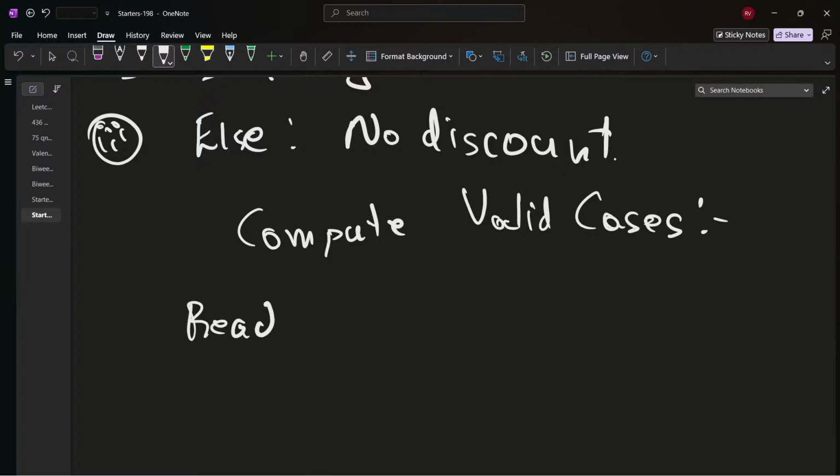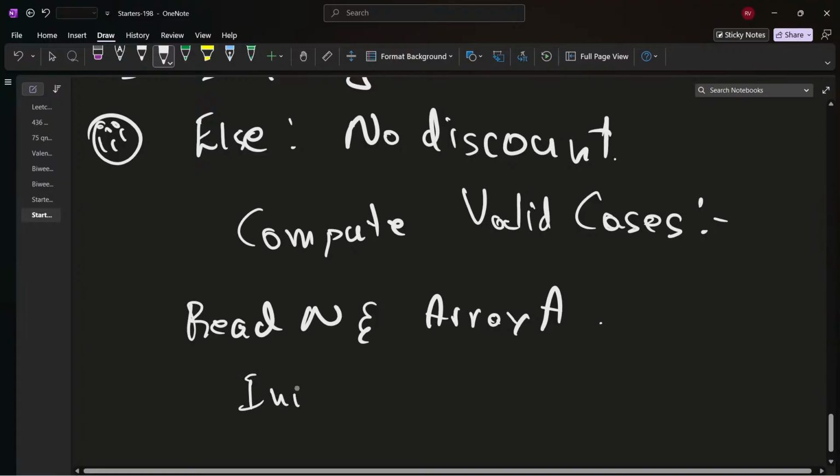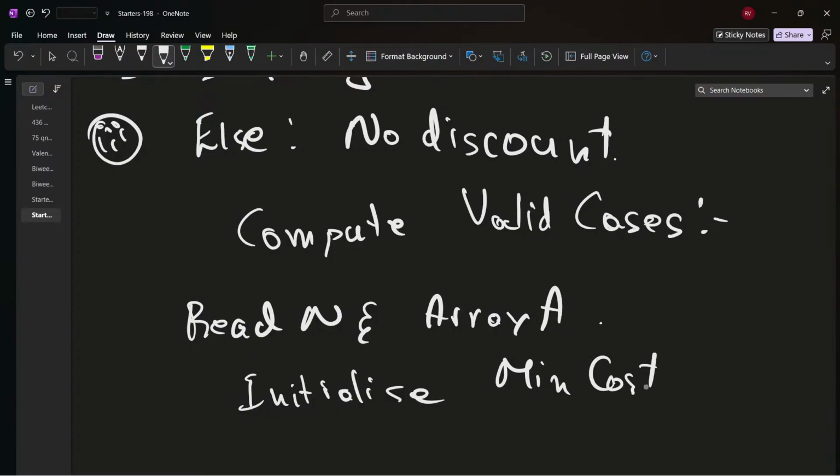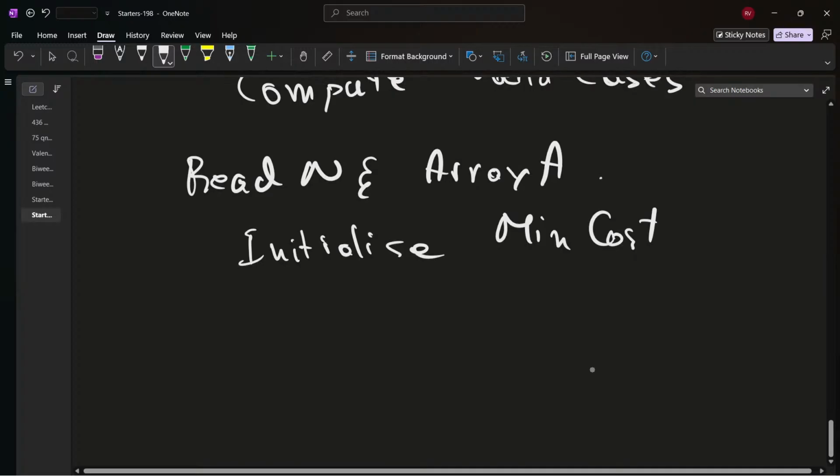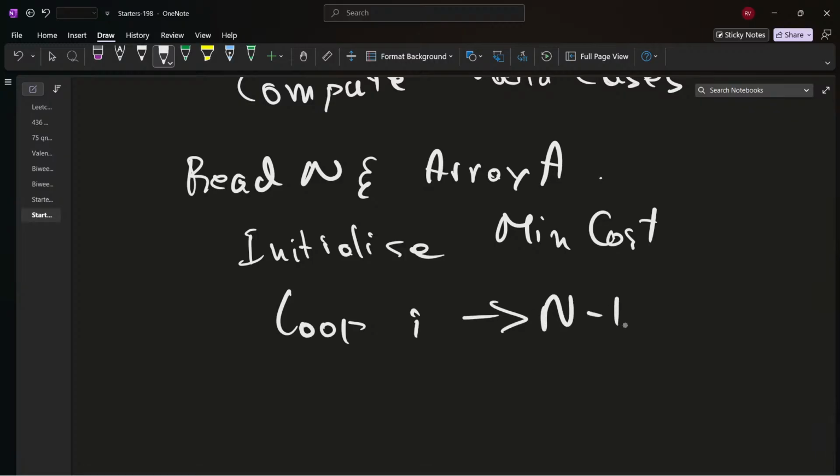Read n first and array a, initialize min cost, loop, run a loop from i to n minus 1,